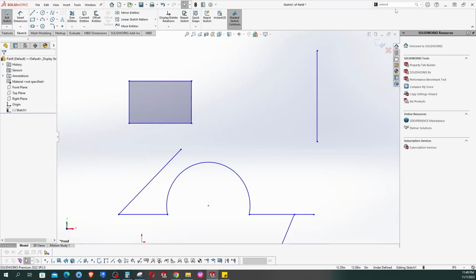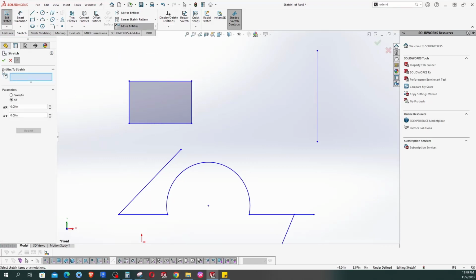Just like the extend, you cannot find stretch here, I think. Yeah, there you go, you can find it here. Stretch entities. Now it's asking for the entities to be stretched. So you select these 3 sides, these 3 lines, because you want this all to be stretched up to here, right? So you choose from to, and then